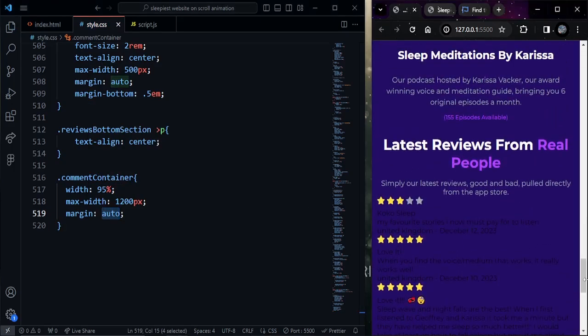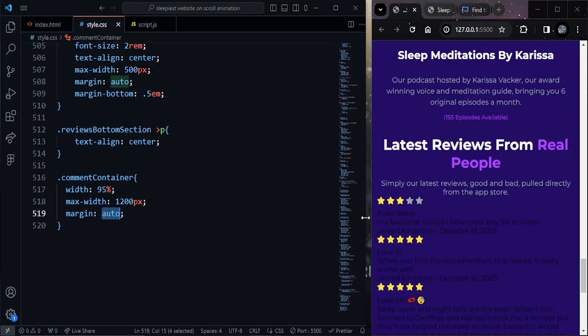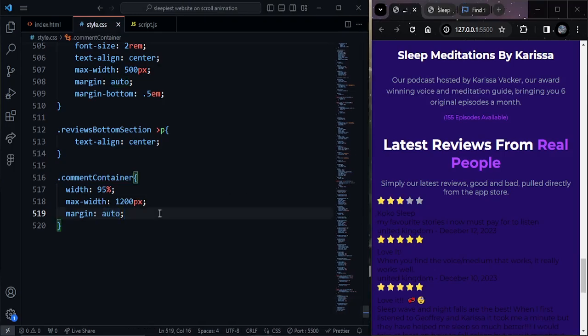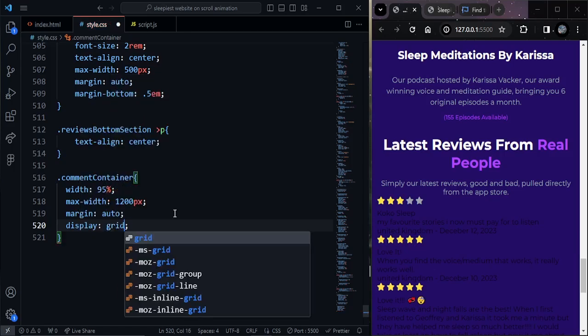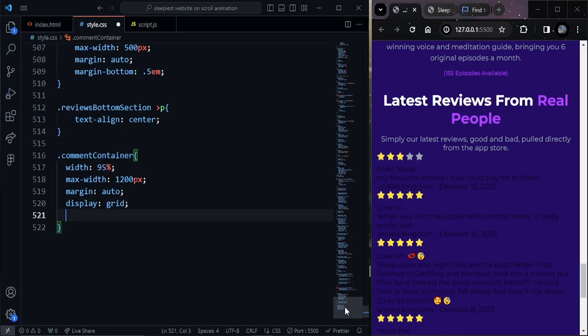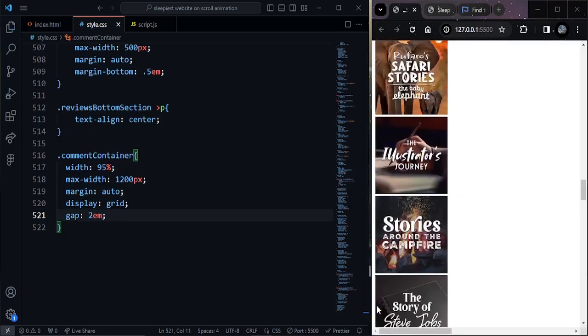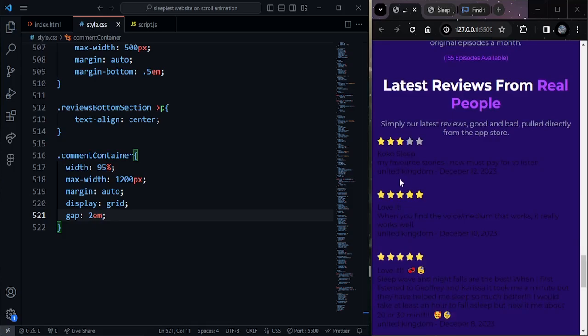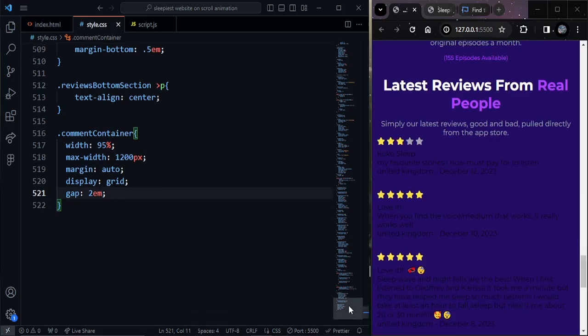Now we have some gaps on each side, left to right, and give display grid. So we're going to display items vertically, and we are going to give spaces between each comment of 2 em. Now we have 2 em space between each comment,